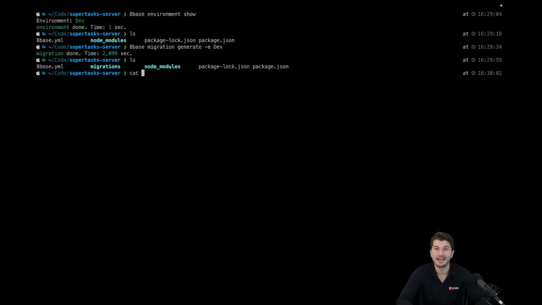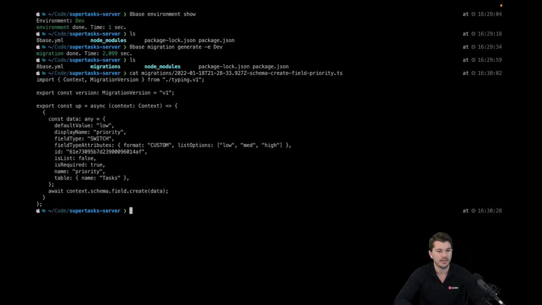Now I'm just going to go ahead and log out the contents of one of the files in there, which, if I go to migrations, we can see that there's a typings file, which is generated. Don't worry about it for now. But then a timestamped schema create field priority.ts file that was generated. So if I cat that out, we can see that that file here has a pretty simple little script in